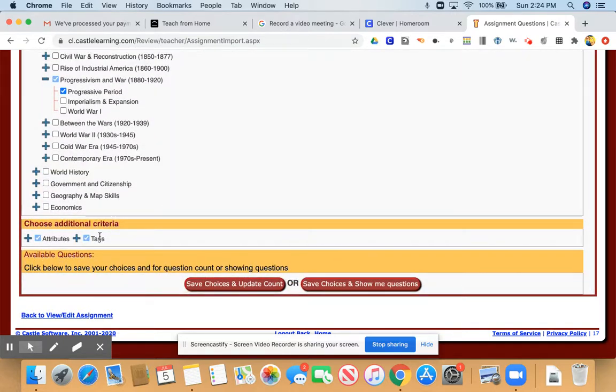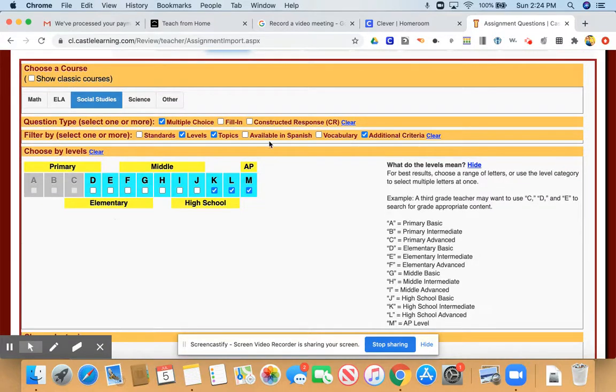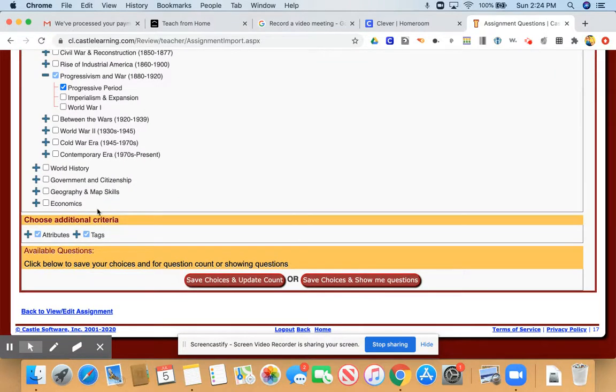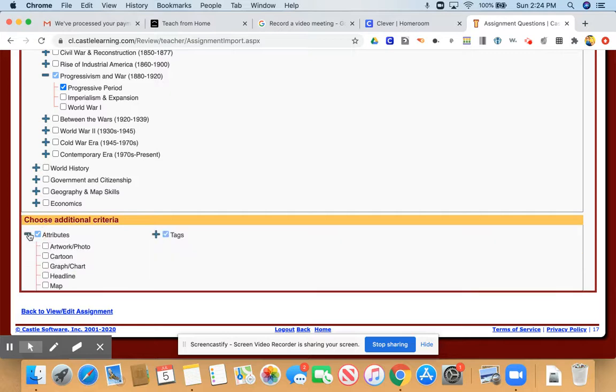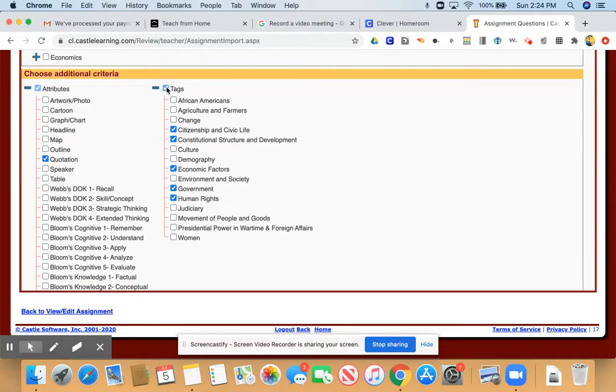And it will give me that last additional criteria that I mentioned up here that I'd like to select. And the reason why I like to select that is because now we're in a lot of stimulus-based questions that we're looking for. And you can find in attributes that usually for tags, sometimes I pick certain tags that I want to do. A lot of times I'll take all of the tags in order to get the most questions